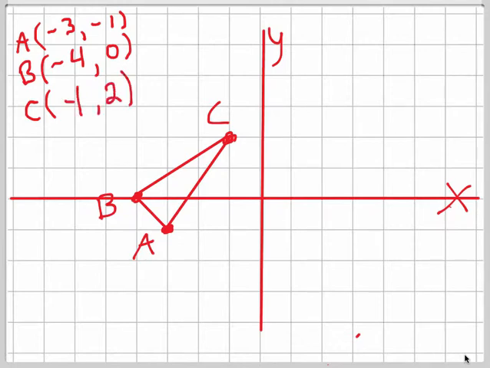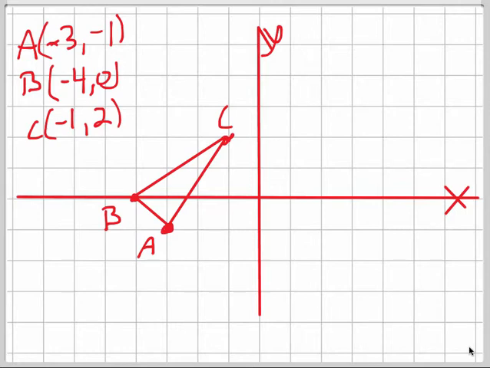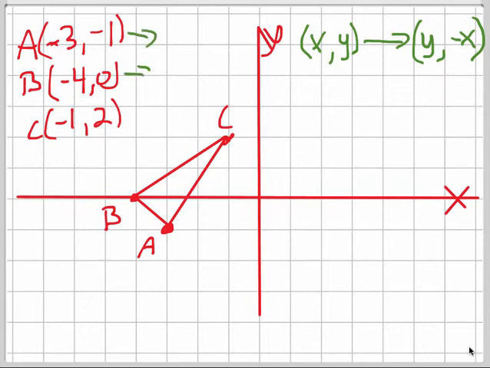Now, if you remember our rule, okay, our rule was, you take your X, Y point and 90 degree rotation, you want to flip those 2 and change the sign of that guy right there, okay? Now, I'm going to have to follow that rule here when I'm finding my A prime, my B prime, my C prime. So just trying to scoot through this as seamless as possible,